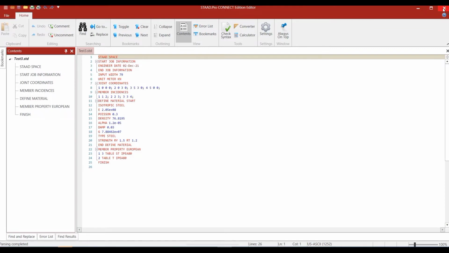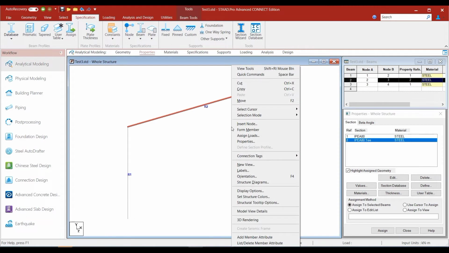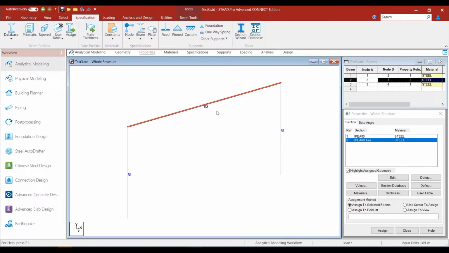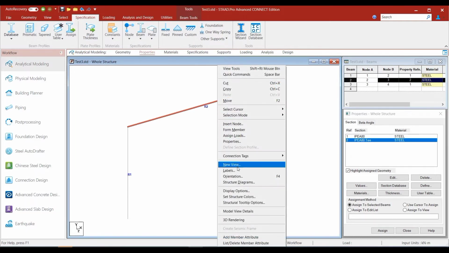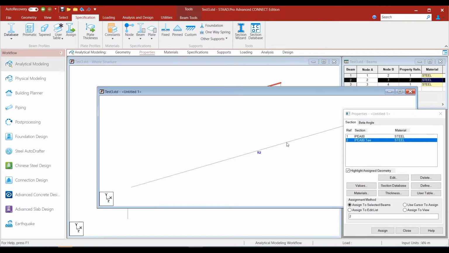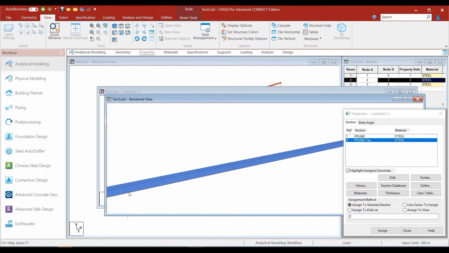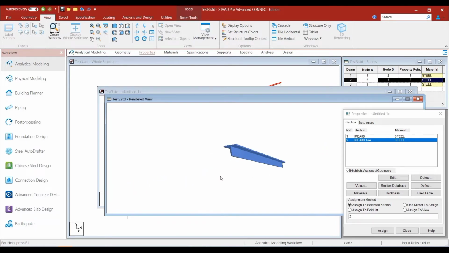Now let us go out of the text editor and select this particular member, and let us try and view the rendered image of this view. So we click on the new view to select only this beam in our view. We go to the view option and click on 3D rendering, and you can see that beam is being highlighted. If we actually highlight that view, you can see that what has been assigned is nothing but a T section